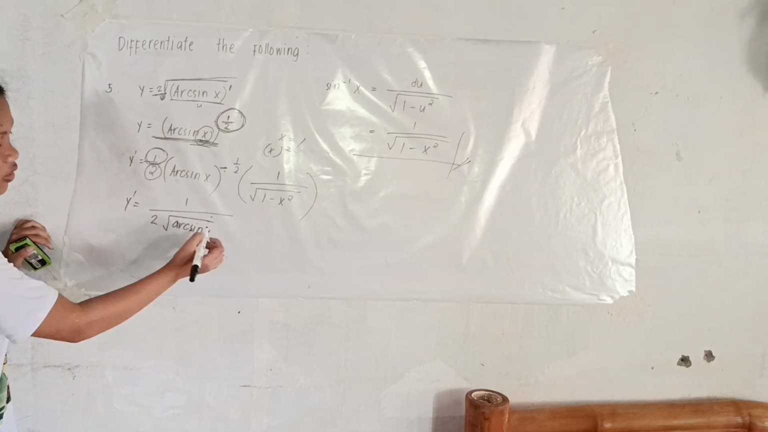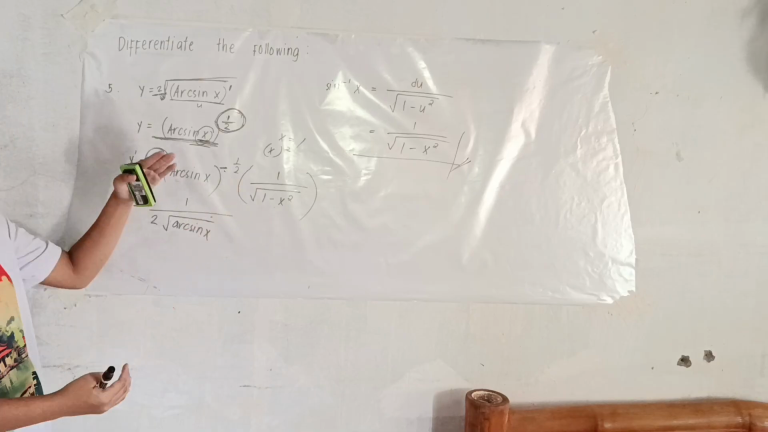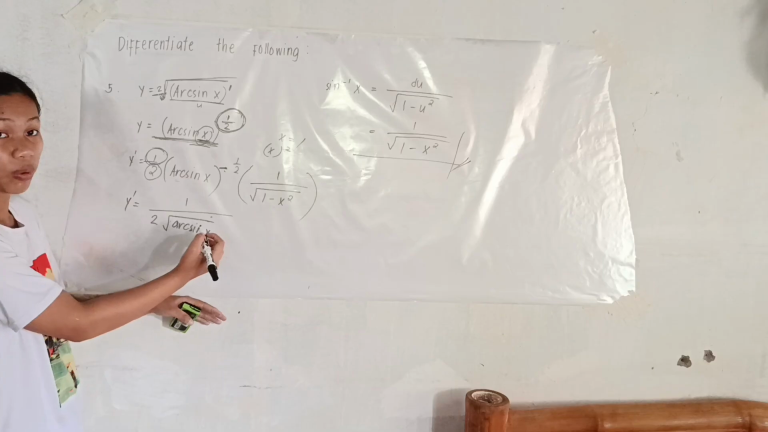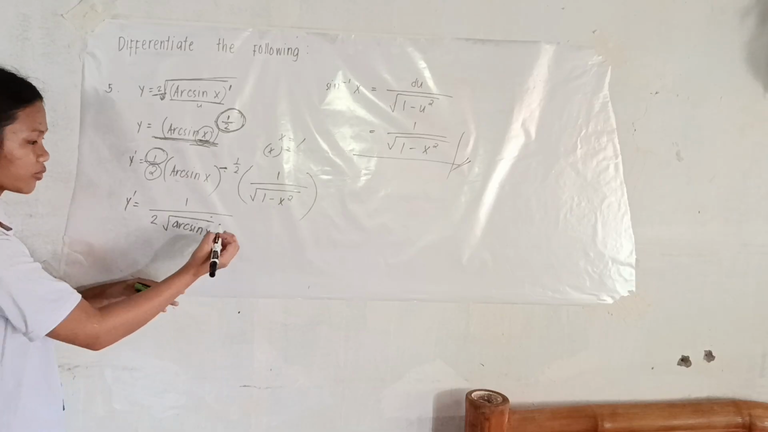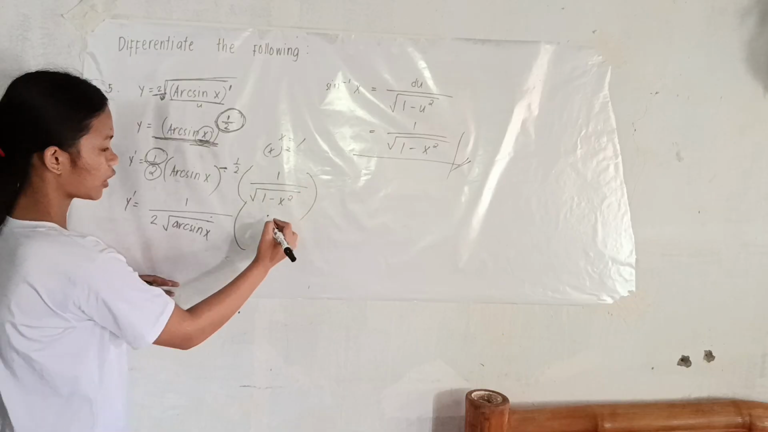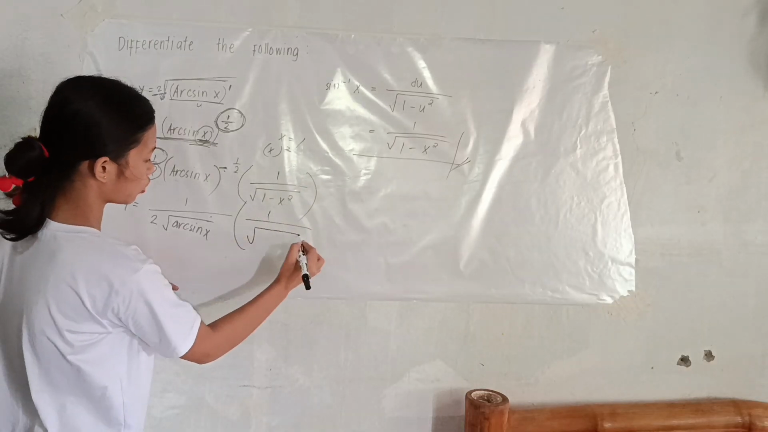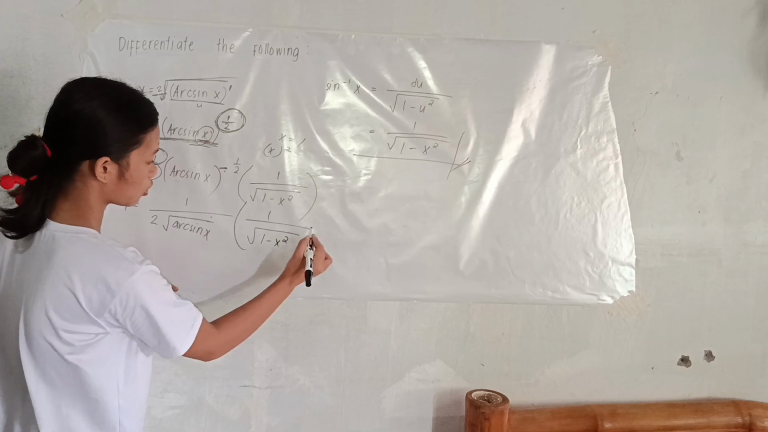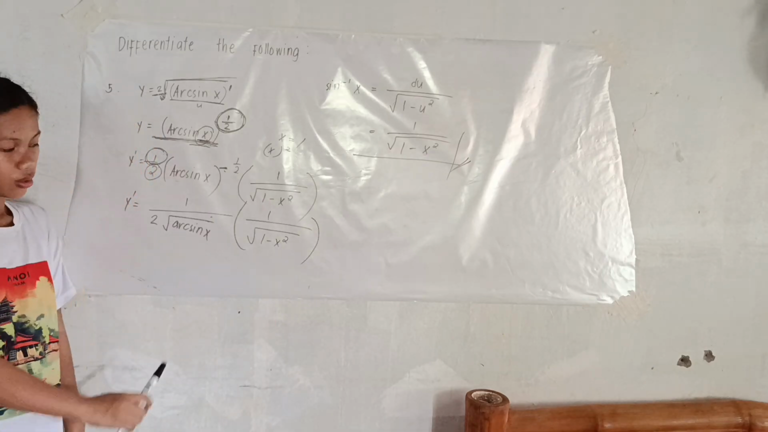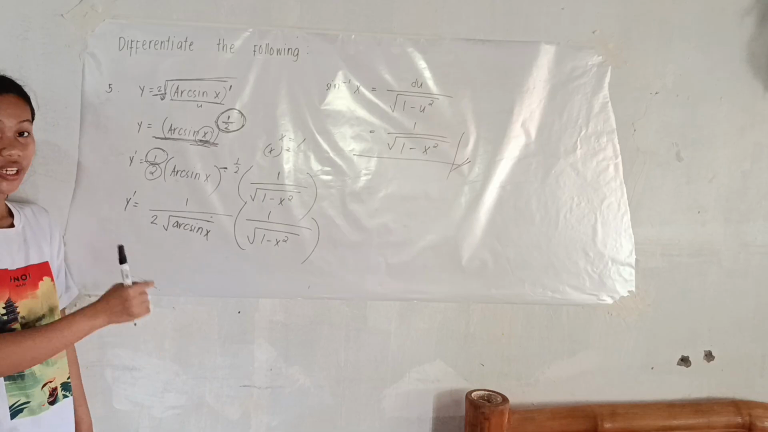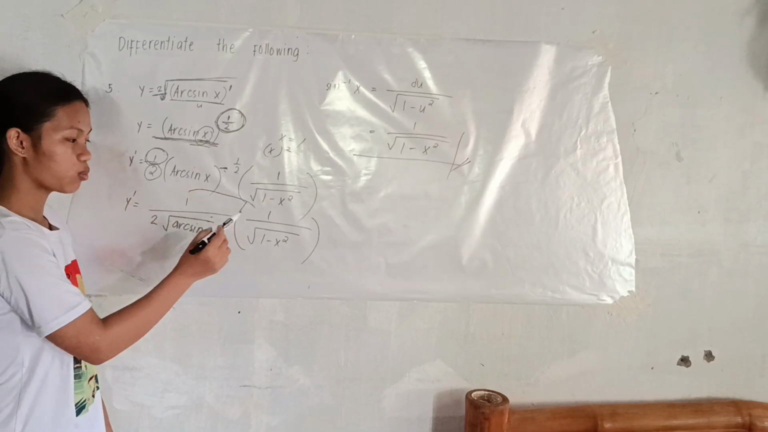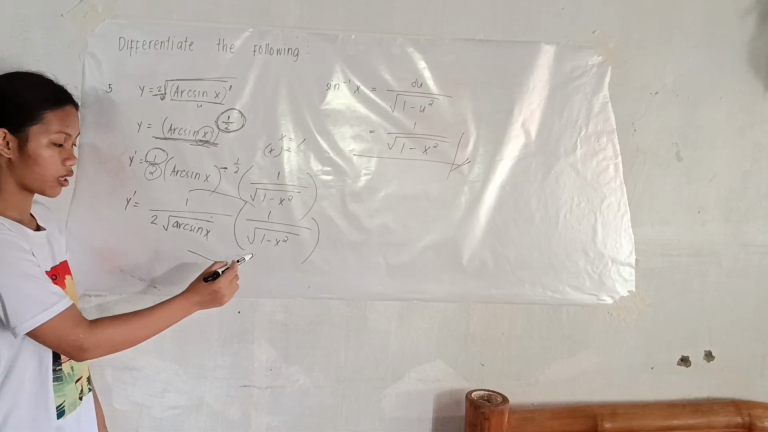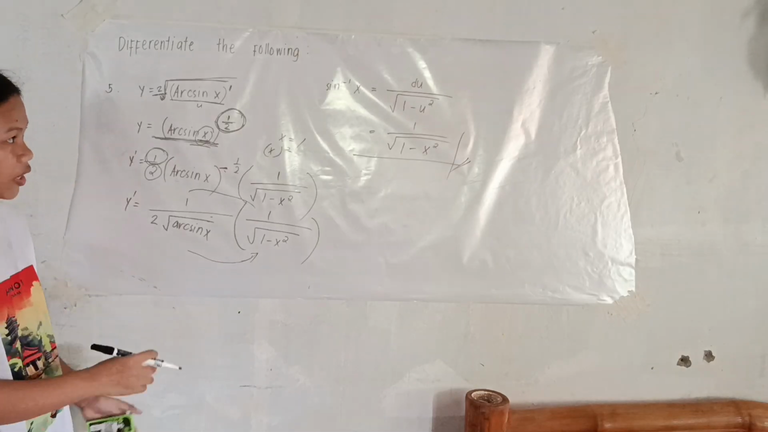It is positive here because we brought it down. The negative becomes positive once it goes down, times 1 all over the square root of 1 minus x squared. So as you can see, it is not yet simplified. We can now multiply both of these two. So in multiplying them,